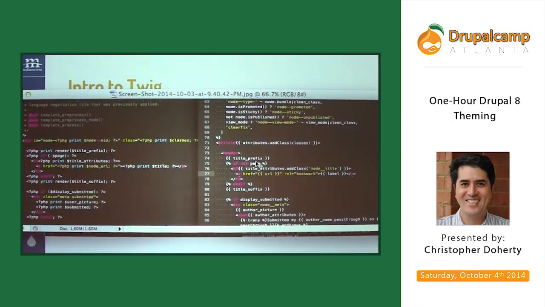There's an if statement in here, for example: if not page. It almost sounds like English versus PHP: if, bracket, exclamation point, $page, colon. There's a lot less to remember. It's a lot cleaner. I think it reads better. So overall, I'm thrilled about it, just purely for aesthetic reasons, I guess.